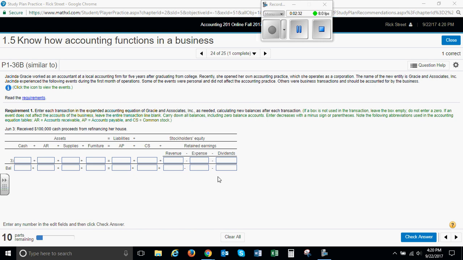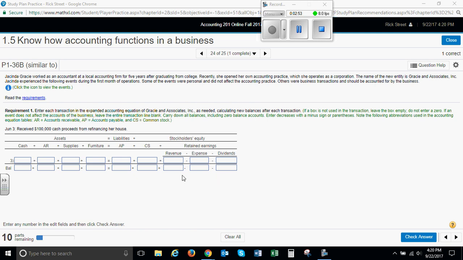Before you can even evaluate that transaction, or part of the evaluation of the transaction is to determine if this is a business transaction or is it a transaction outside of the realm of the business. Remember, that's called the entity principle, and we want to record only business transactions into our business accounting